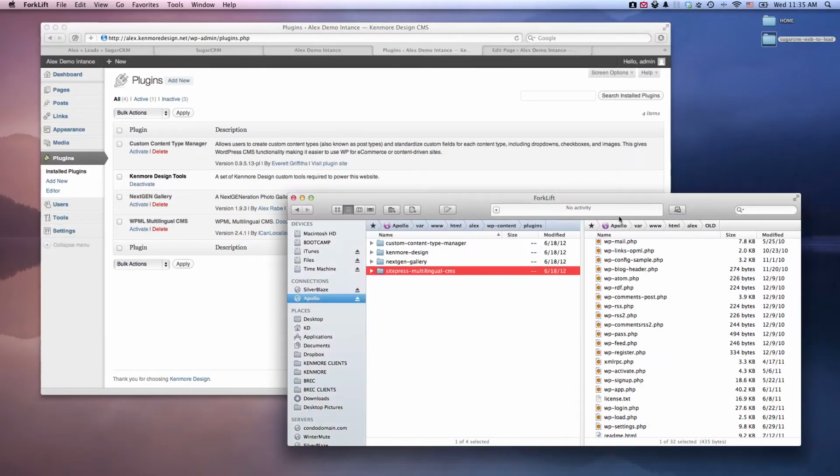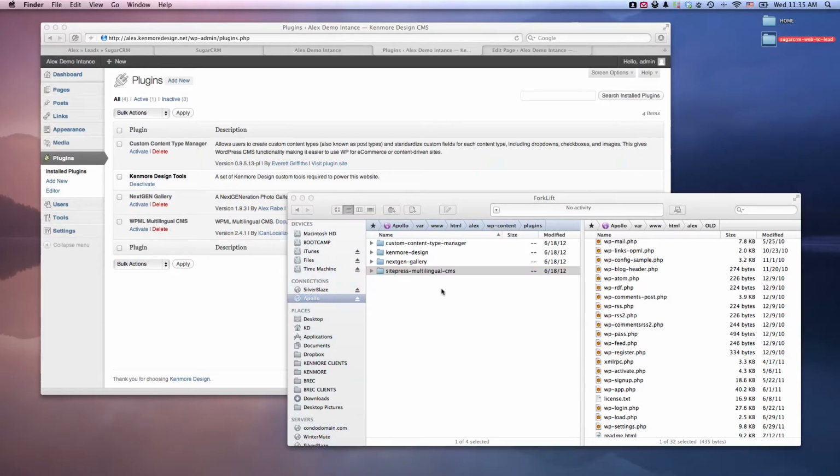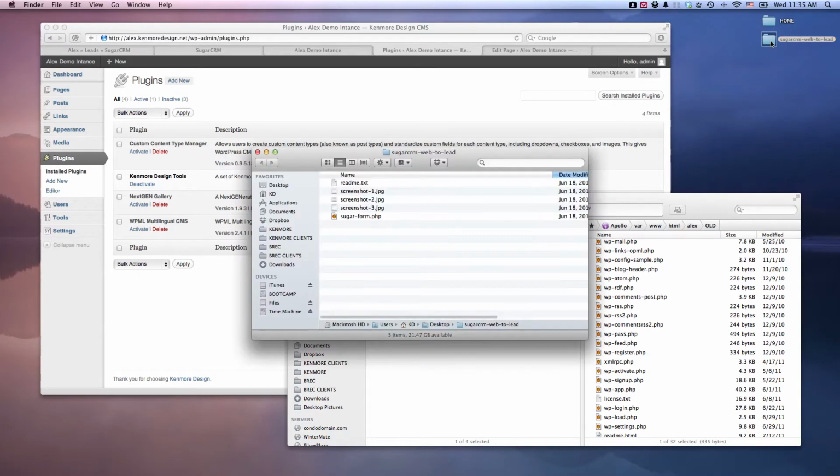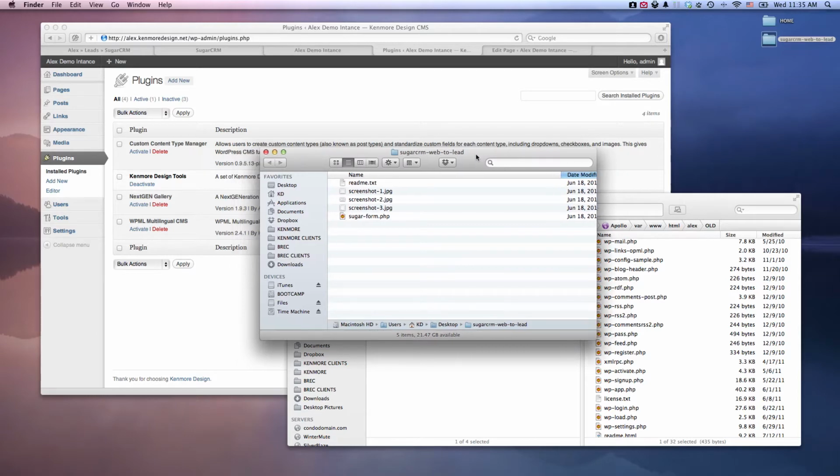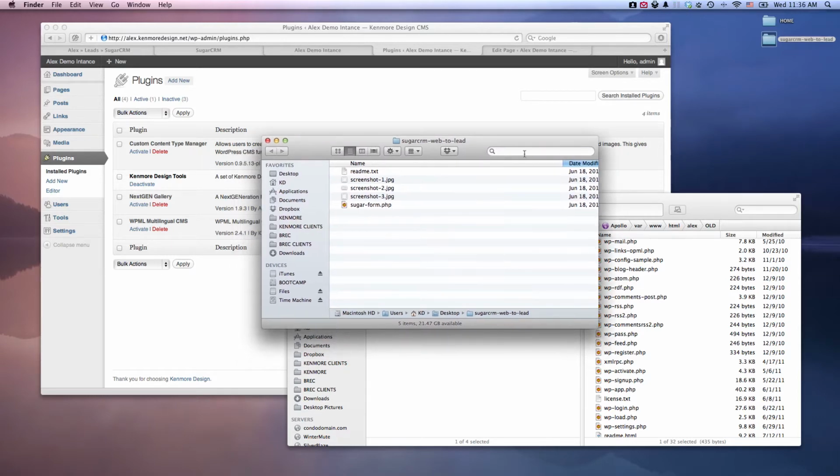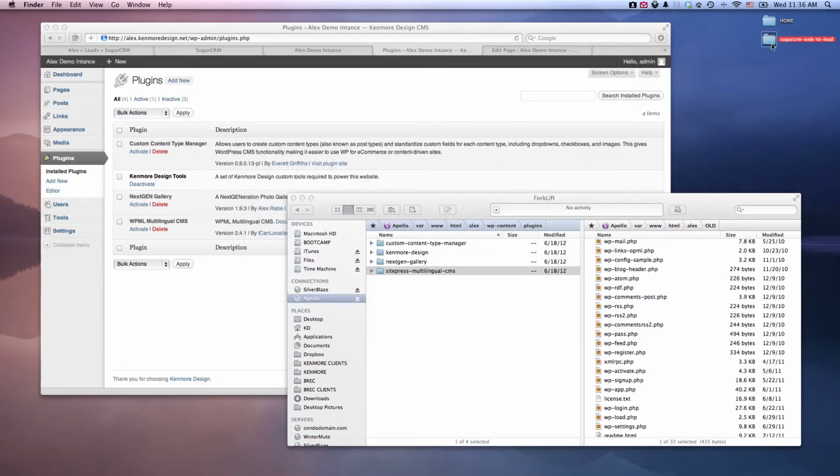So the first thing you gotta do is upload the unzipped plugin into the plugins folder. It's located in wp-content/plugins. The plugin can be downloaded from the WordPress repository. It's called SugarCRM Web to Lead, or it can be downloaded directly from SugarCRM. We just upload the folder into the